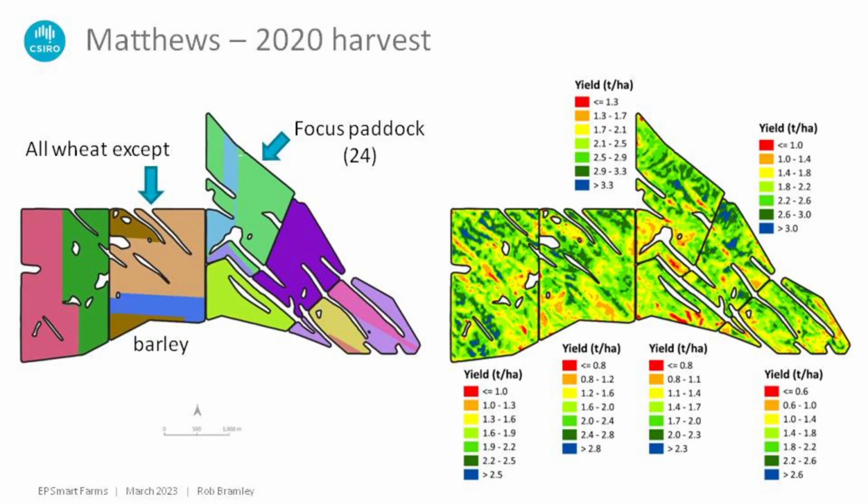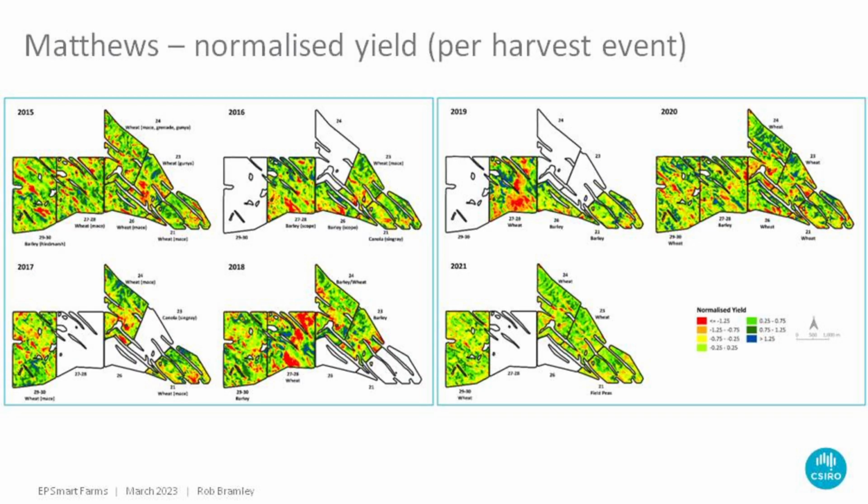Then in terms of trying to identify some correlations between points in a farm or a field and data at the probe, we wanted to identify some zones. And here's an example from Todd Matthews' farm. We've got yield maps from all these different paddocks. All of these legends are slightly different, and you can see that the harvest of this area is split up into a number of different harvest events. So hopefully the calibration of the yield monitor doesn't change between those harvest events, but just in case it does, we normalise everything on a per harvest event basis to standardise the data,